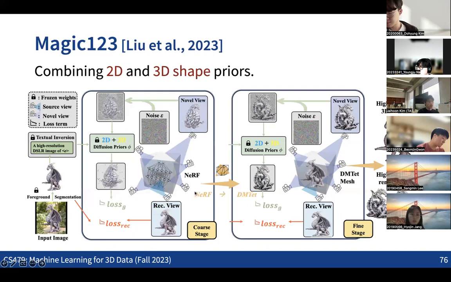And there is also another way to more directly combine these 2D and 3D priors. This is the case with the DreamFusion pipeline, where we are also applying some kind of 3D diffusion as well. So basically we combine the 2D diffusion and the 3D diffusion, making more plausible 3D shapes using the 3D priors, and also adding appearance information using the 2D priors. So this can be another way to combine the 2D and 3D priors.